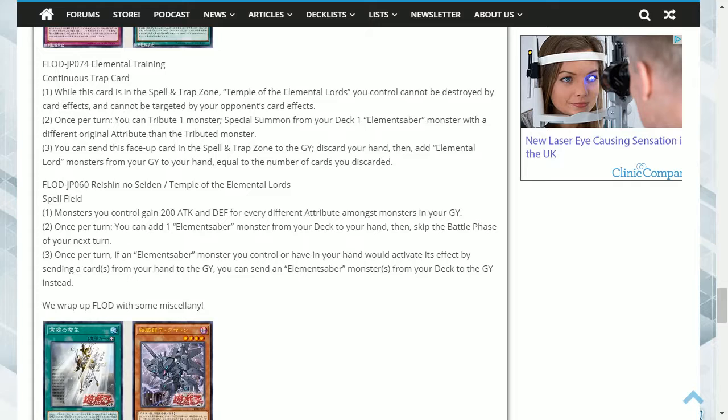This is a field spell card that says: 1. One monster you control gains 200 attack and defense for every different attribute amongst monsters in your graveyard. 2. Once per turn, you can add one Element Saber monster from your deck to your hand, then skip the battle phase of your next turn. 3. Once per turn, if an Element Saber monster you control or have in your hand would activate its effect by sending a card from your hand to the graveyard, you can send an Element Saber monster from your deck